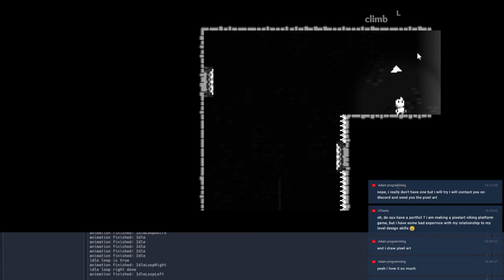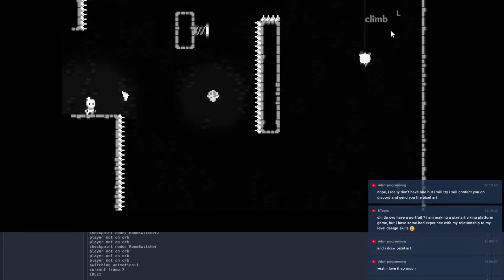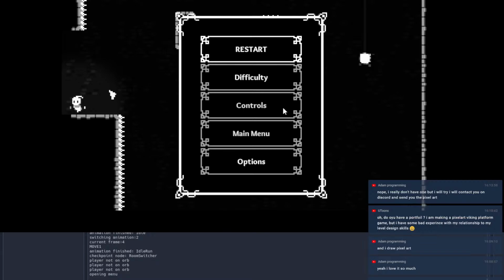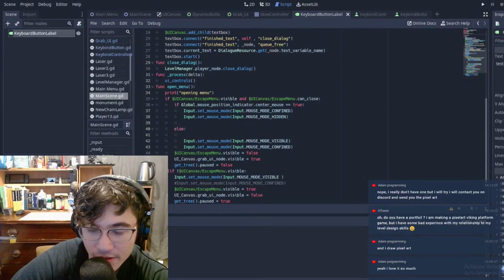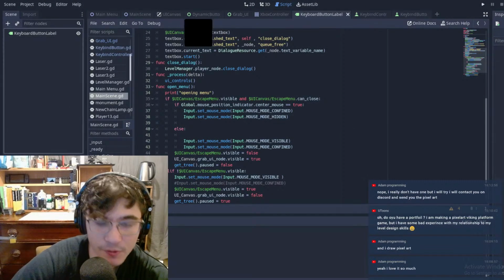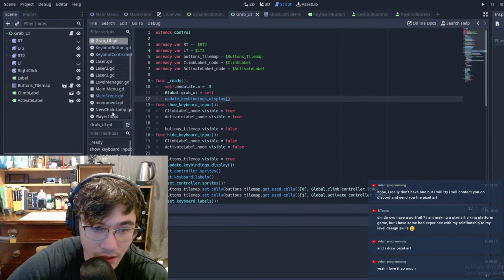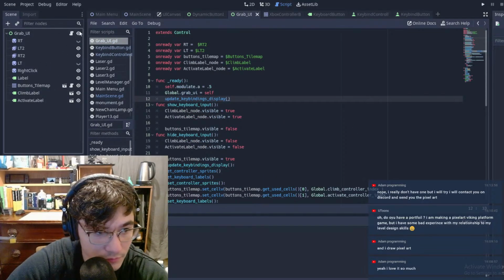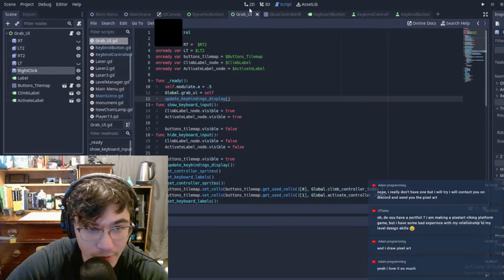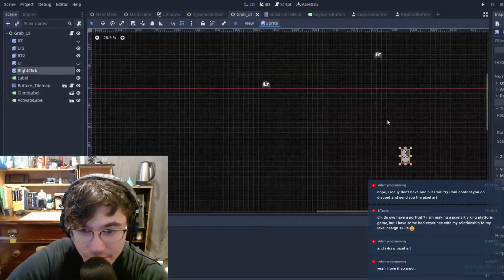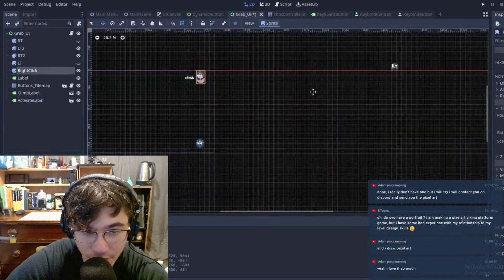If mouse input is considered, then we'll use, oh wait, this is climb. All right, yeah. So let's go back into our keyboard label. I'm trying to think. Maybe we should save this in keyboard label or in our grab UI. Yeah, we do have a right-click button already here, so we could throw it right there,